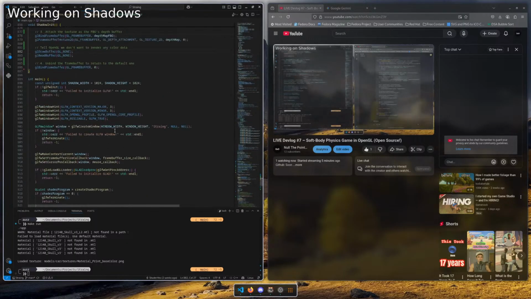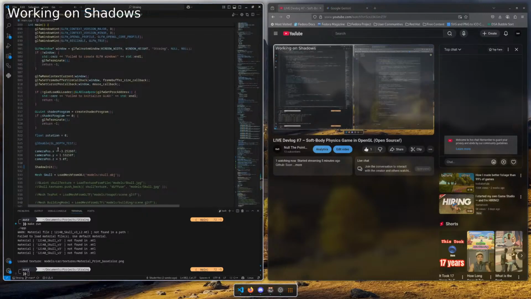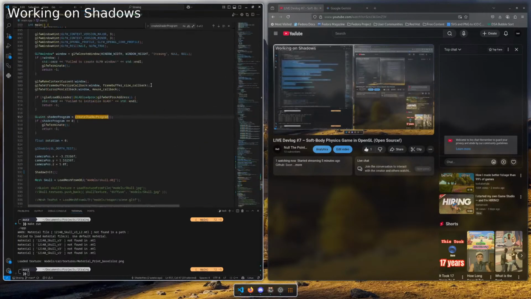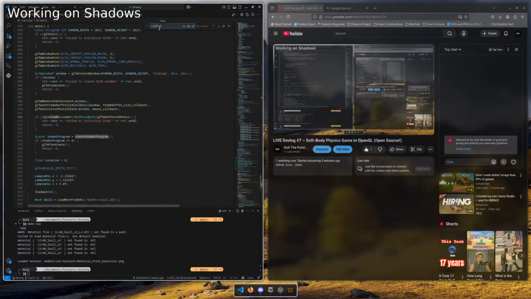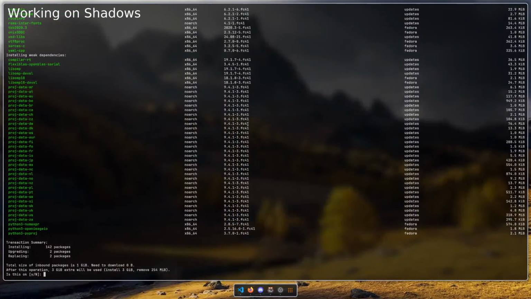So where do I create the shader program here? Wait, I think I completely screwed up loading from file. Okay, yeah, this place.